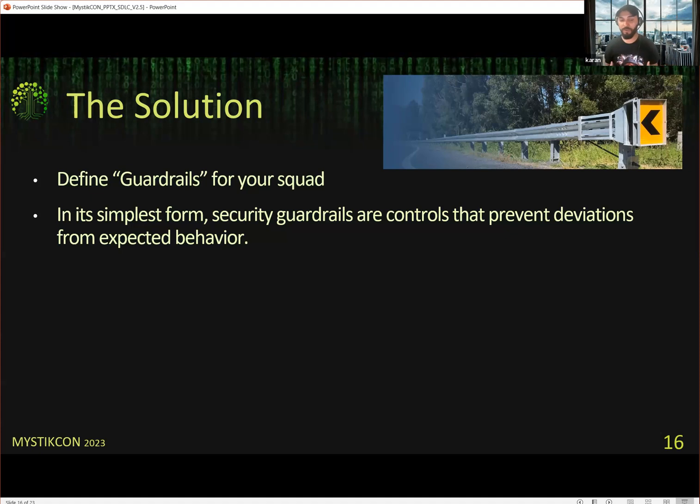I can give you a quick example. Let's say you've got a platform that enables encryption at rest. And that's a default control that the platform allows you to do. As an example, in a cloud environment, let's say it's an S3 bucket, which encrypts data at rest by default.